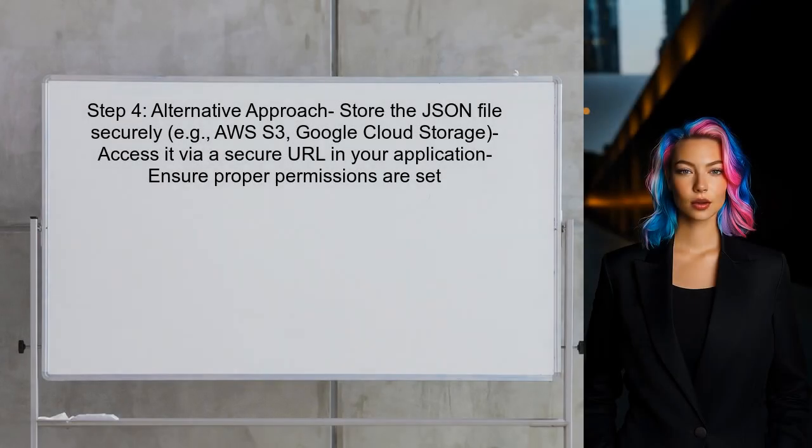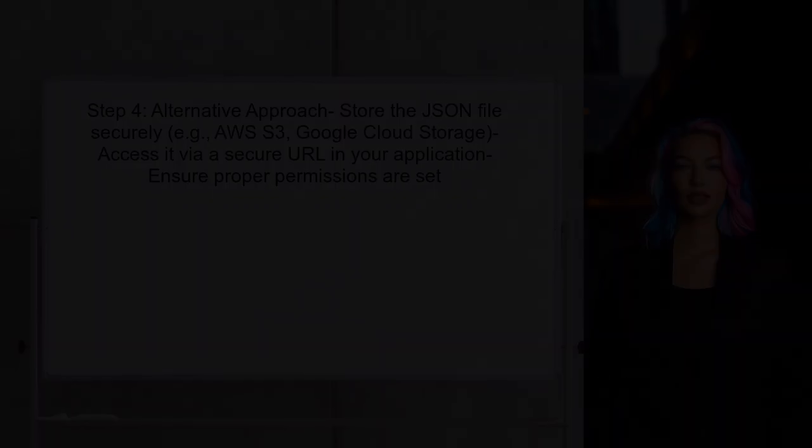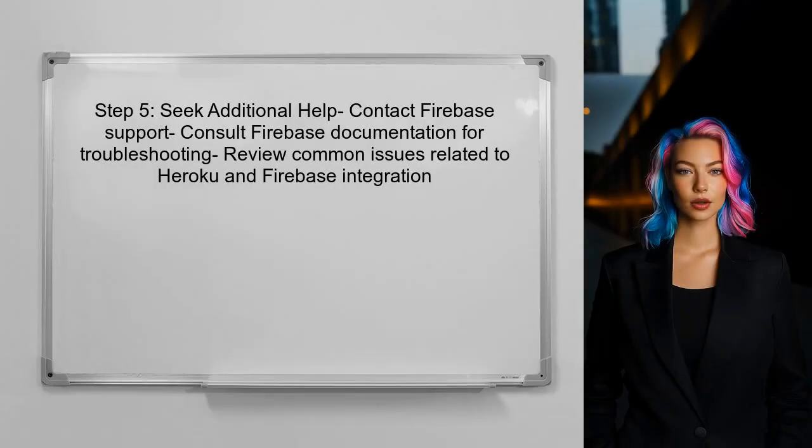If the application still crashes, the user might consider using a different approach to load the JSON file. One option is to store the JSON file in a secure location and access it via URL, ensuring that the file is not publicly accessible. Finally, if the user continues to face issues, they can reach out to Firebase support or consult the Firebase documentation